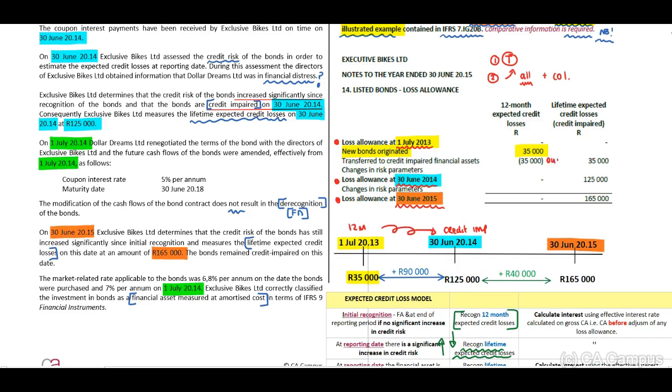And we need to take this out from our 12-month expected credit loss column and transfer to our lifetime expected credit loss column. And now important, guys, there's changes in our risk parameters of 90,000. Remember that they've indicated to us the closing balance on 30 June 2014 is 125,000. Therefore, there will be a movement of 90,000 that we will have to recognize. Then the credit impaired, our lifetime expected credit losses for 30 June 2015 will be 165,000, and therefore for our year end 2015, a movement of an additional 40,000 due to changes in risk parameters